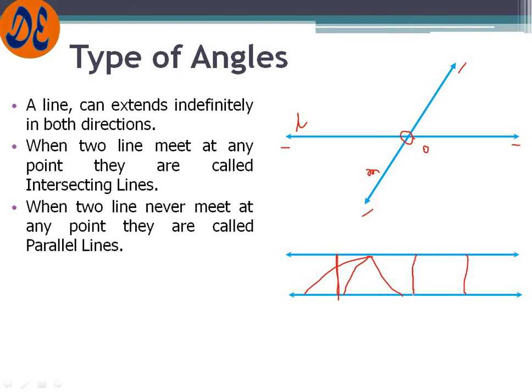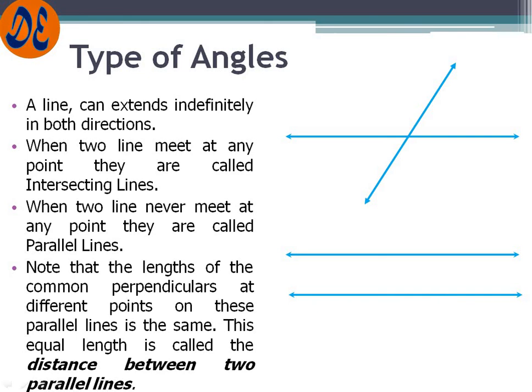The shortest distance. In other words, if you draw a perpendicular from one line to the other, then that particular length is called the shortest distance, and it is also called the distance between two lines. You can see here clearly. And the distance between two parallel lines is always the same, like a railway track, where there is always the same distance. If you try to find the point where the lines meet, you will not get any such point. So they are known as parallel lines.